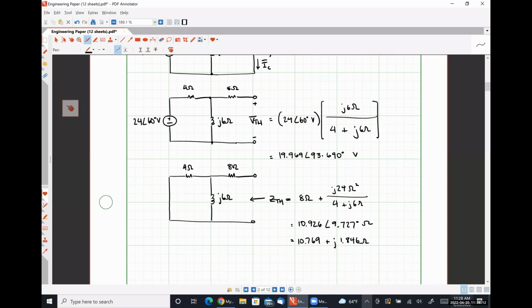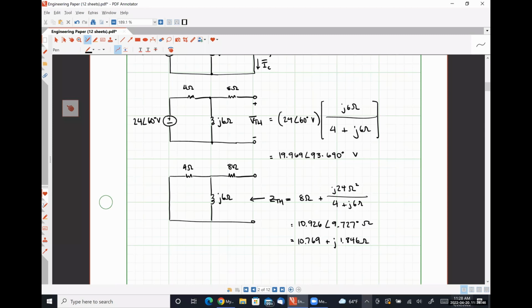Typically speaking, I prefer to use polar form for voltages and currents. And then for impedance, it's just kind of whatever I feel like. So that's why I'm giving you both options here. I largely stick to polar form for pretty much everything, but there are definitely times where I'm looking at the rectangular form of an impedance because that sometimes gives me information that I'm interested in. Not really so much here,